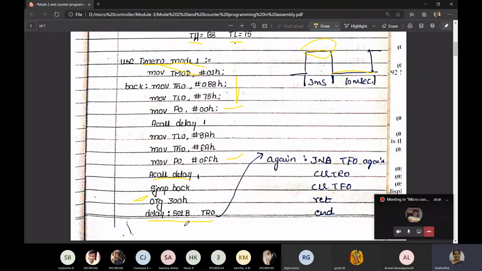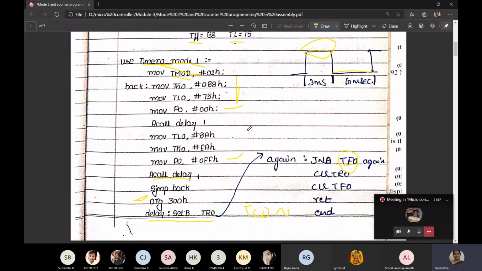So how to start the timer? First we have to set TR0. This TR0 and this TF0 are in the TCON register. You have to remember, these are in the TCON register. How to start the timer, and how to fill the initial count in the TMOD register: these two registers are required for the timer. So we have to set TR0 first, then check the bit, jump on no bit. TF0 should always be monitored. You have to check whether it is set or not. As soon as it is set, it means the count is completed.